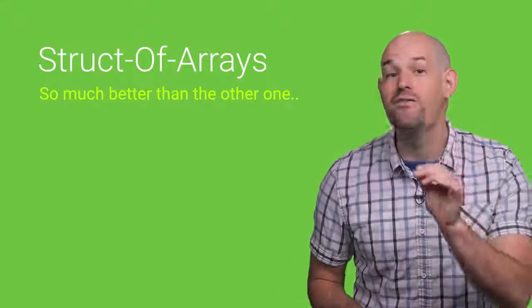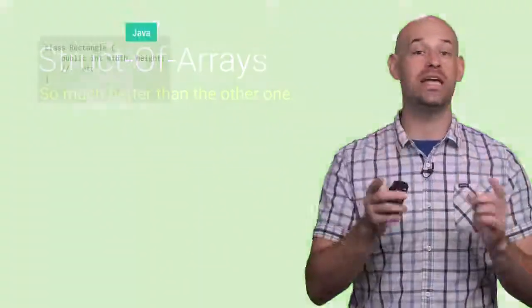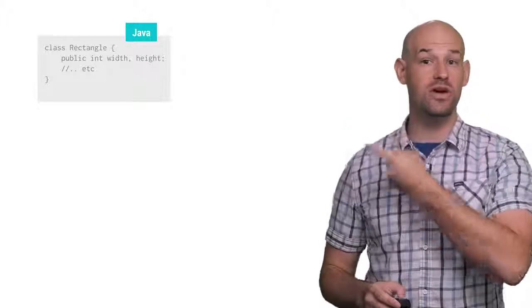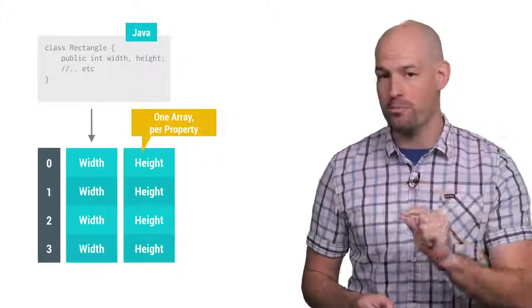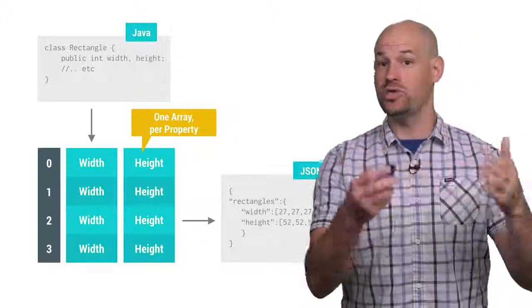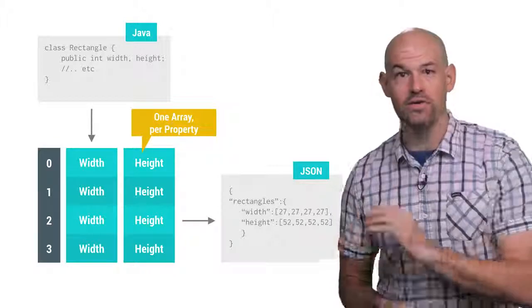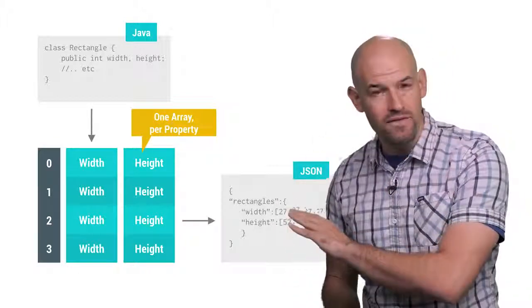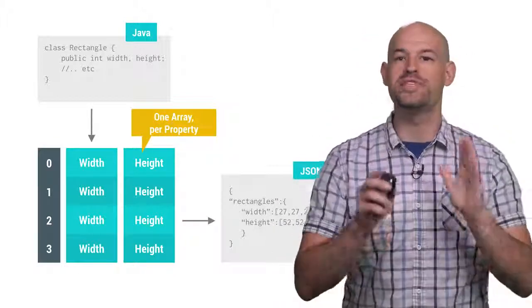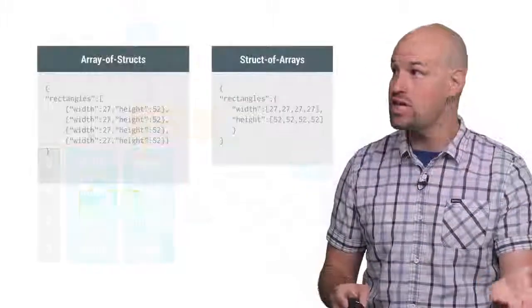The struct of arrays form. Basically, think of struct of arrays as a transpose on your data. Given a list of objects, take all of one property from every element and list them together in their own array, and then do this for each property in the class. For example, make an array for just the width values and a separate array for the height values. The serialized result of this produces simple arrays of similar typed data,